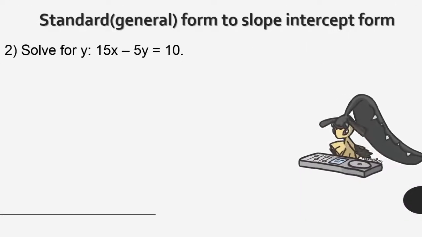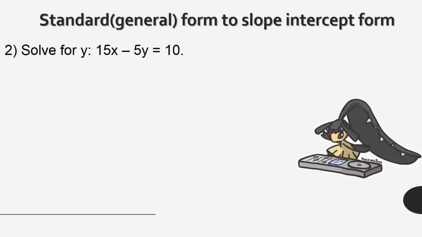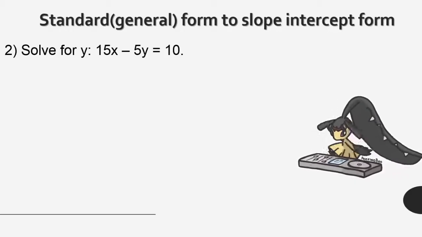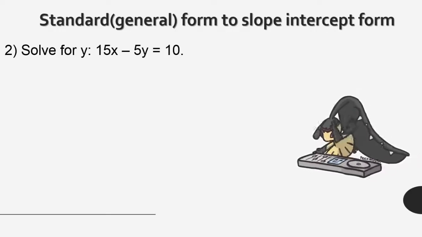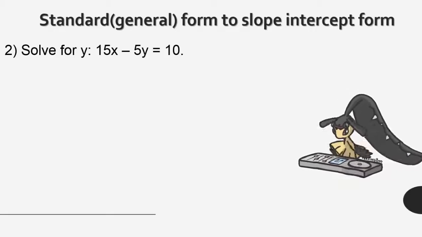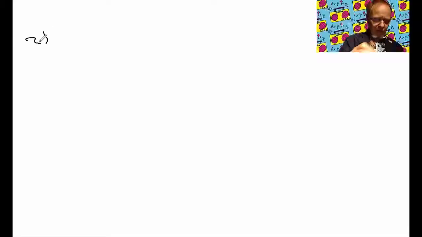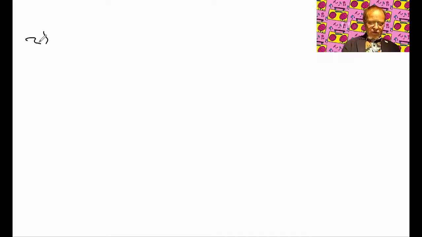In example number 2, we're asked to solve for y in the equation 15x minus 5y is equal to 10. So let us go over to the whiteboard and work this out in detail. In example number 2, we are asked to solve for y, and we're given the equation